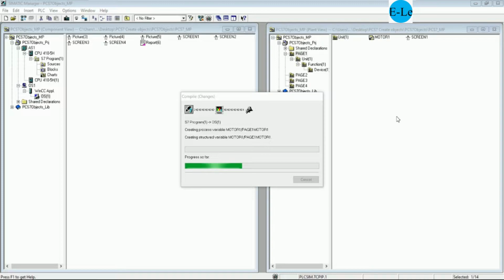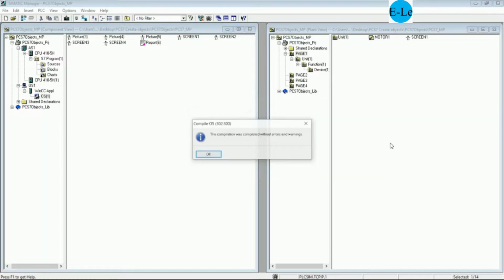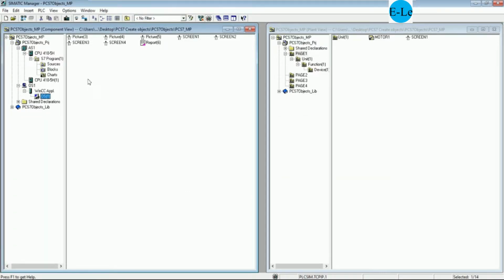Yes, I will show step by step for easy understanding. So wait a moment for compiling the new program. Yes, there is no error, right? And then we can download